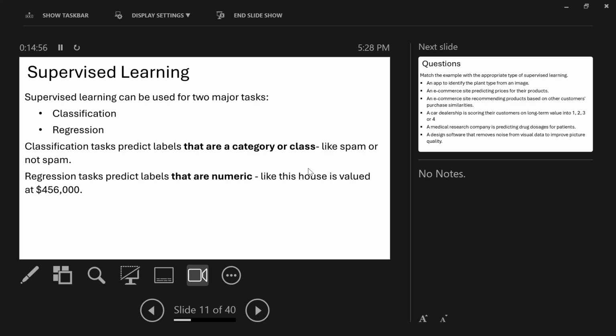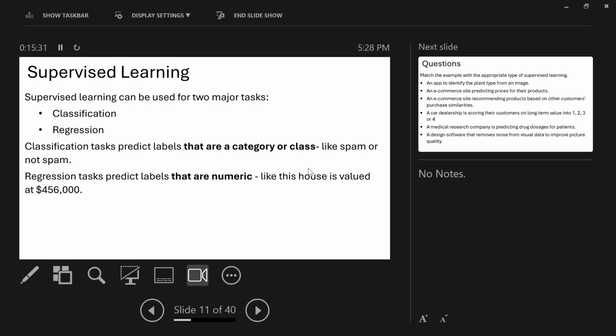So that's classification. Then regression predicts labels that are numeric. So in the sense that maybe given a piece of input, what is the price of a particular house? I made mention of an example yesterday. Maybe you have some inputs, maybe the location of the house, the size of the house in square footage, where the house is located, maybe the house is in a GRA or is in a rural area.